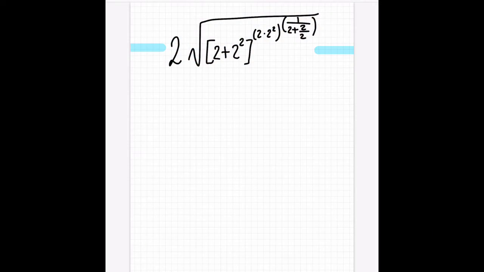Okay, so, well, I'm going to try and say this, but it might not really work out. So we have 2, and then square root of brackets, 2 plus 2 squared close bracket, to the power of 2 times 2 squared close bracket, which is to the power of 1 over 2, plus 2 over 2. Okay, so when you have these really long problems, you're going to want to start at